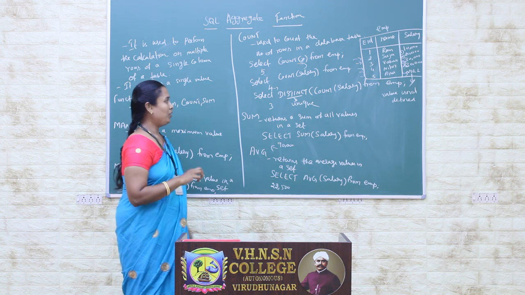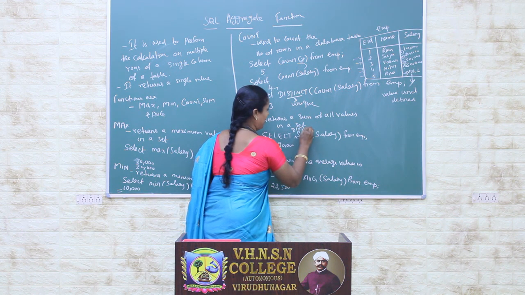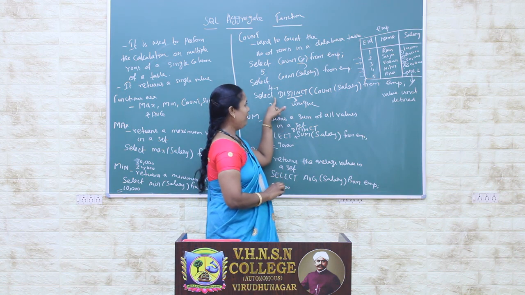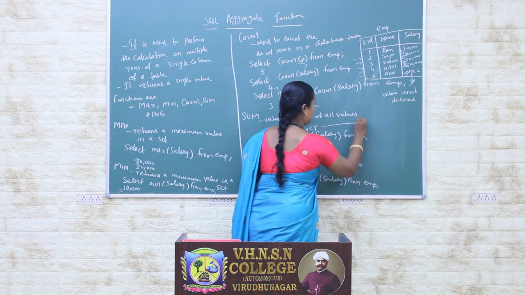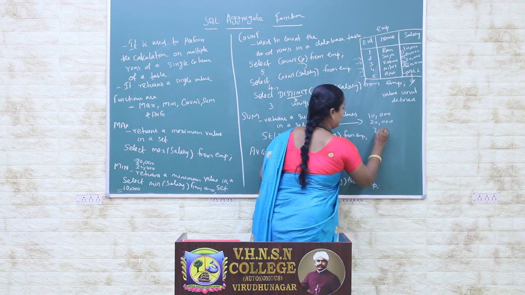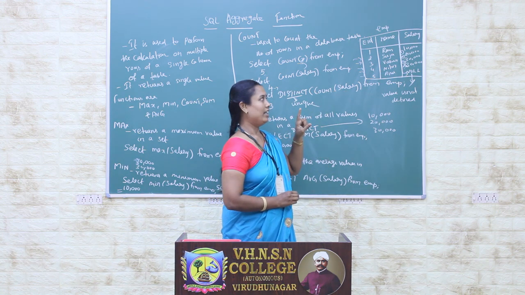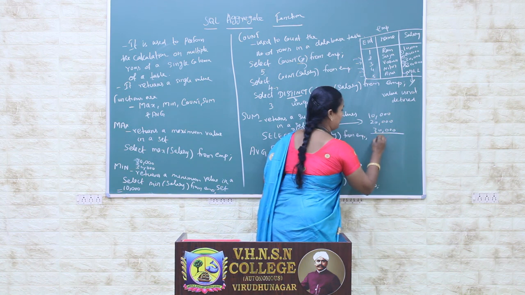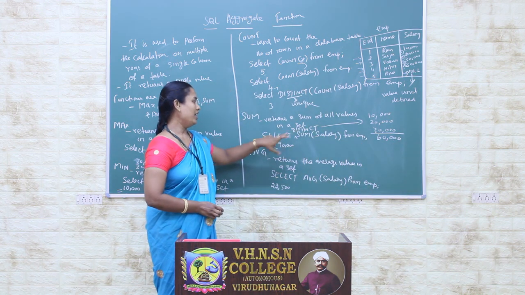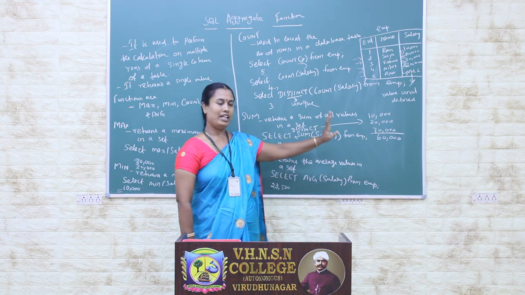Here also it is possible to use distinct. The same thing happens as in the previous distinct example. With distinct you add 10,000, 20,000, then 30,000. Why? Because we are using the keyword distinct, so 30,000 appearing twice is considered only once. So what is the sum in this process? 60,000. Without the distinct keyword we get the output 90,000, but using the distinct keyword we get the output 60,000.